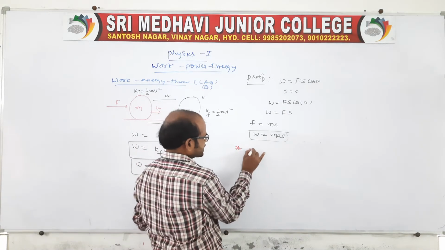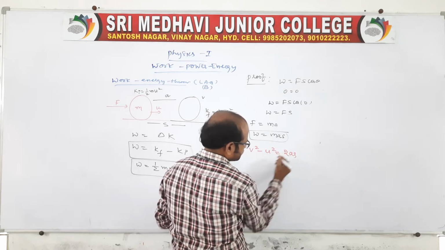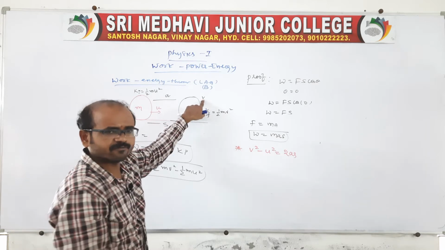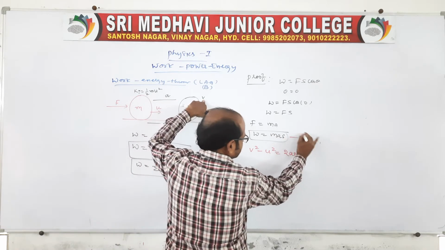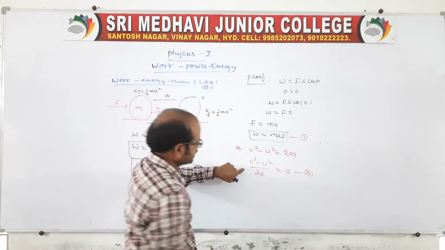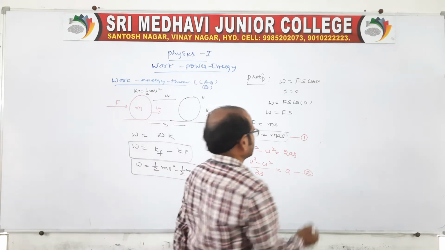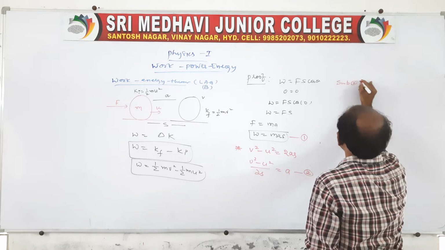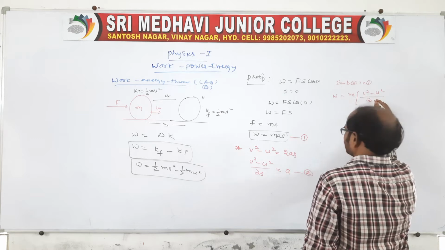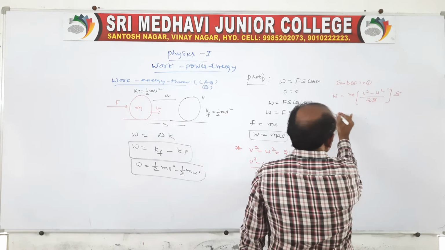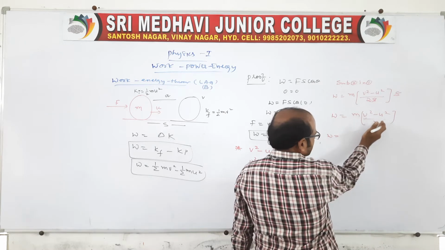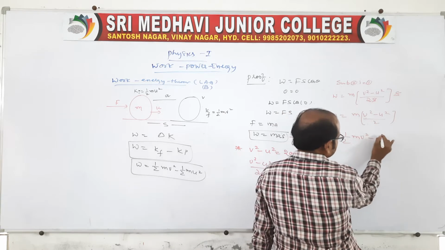Again take v square minus u square is equal to 2as. So we get the value of a, because it is moving with speed u and finally comes to v. Equation 1: a is equal to v square minus u square by 2s. This is equation 2, work done is equal to F s, with F equal to ma. Simple, substitute here and we get the final expression. Substitute 2 in 1: work done is equal to m into v square minus u square by 2s, into s. Then it is half m times v square minus u square. Then multiply and separate the division like this.